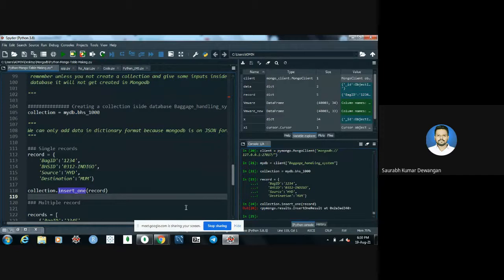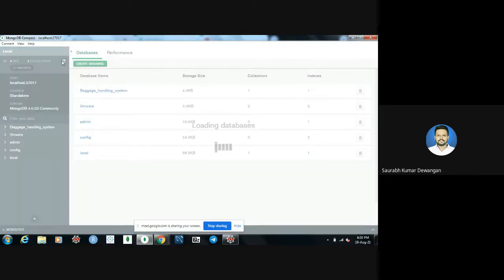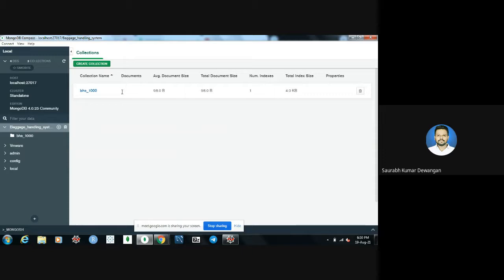So let me go back to the MongoDB Compass. Okay, and let me refresh this page. Yeah, we can see here the baggage handling system database is created inside MongoDB. Okay, let me open this.